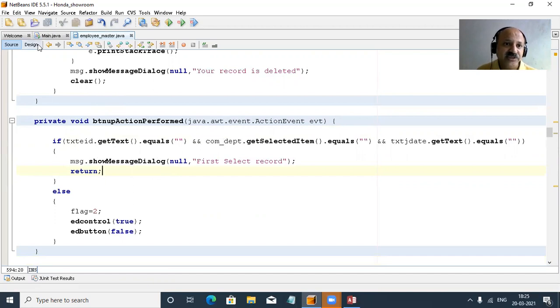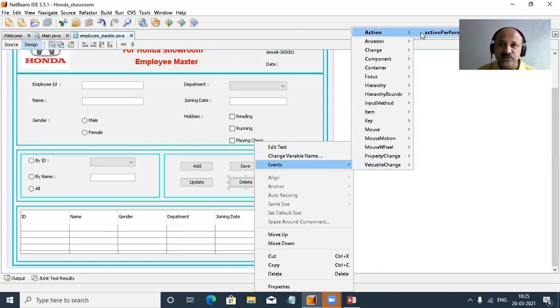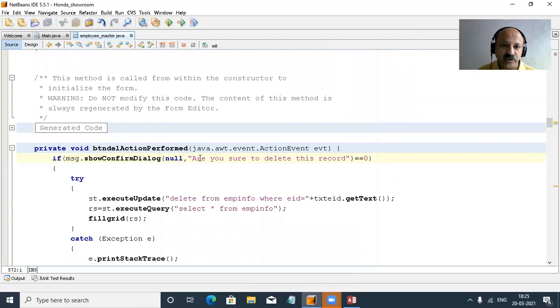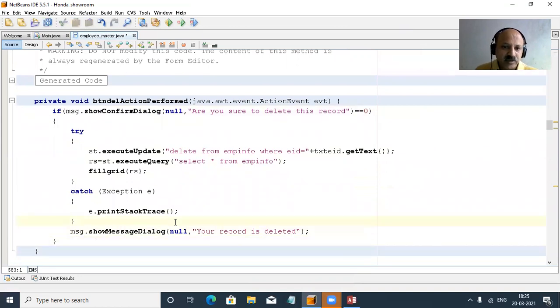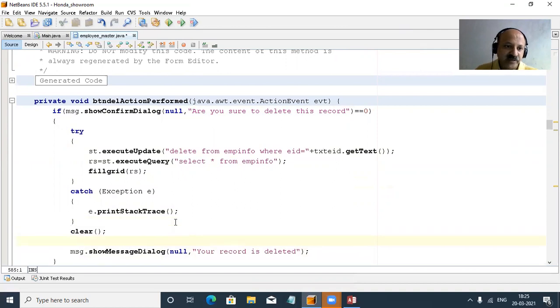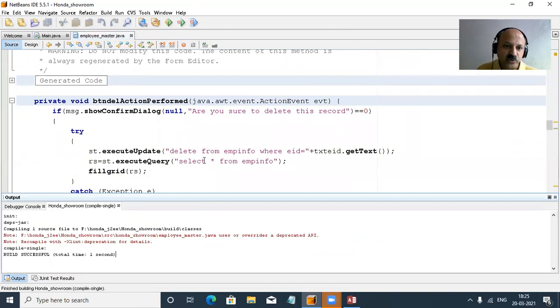And last, I just show you, that is the delete operation. So there is a confirm dialog box; directly in the if condition we have to take it. You can look here: are you sure to delete this record? Yes. So if the return is 0 and the condition is true, delete from employee the already selected record in the field of that grid. Also we can clear, here at the last I applied the clear, but your record is deleted before we can clear. Yes, I change the sequence, and now I compile. So first I save, compile, and run.